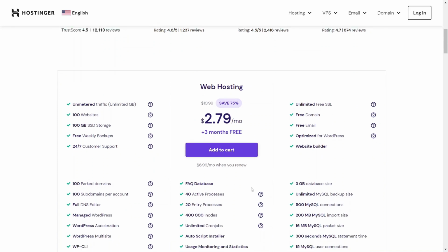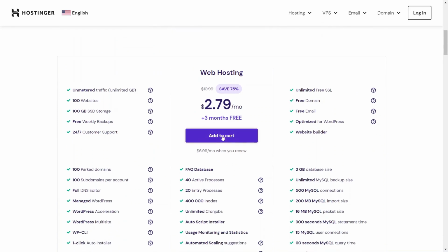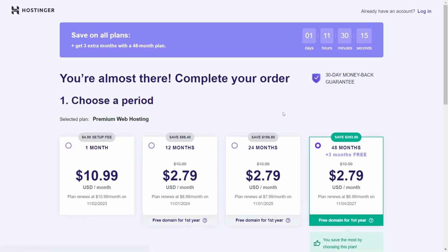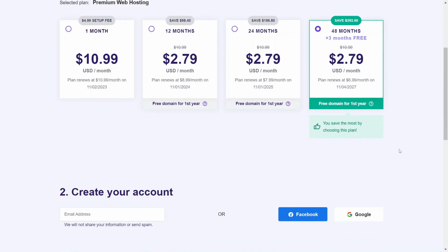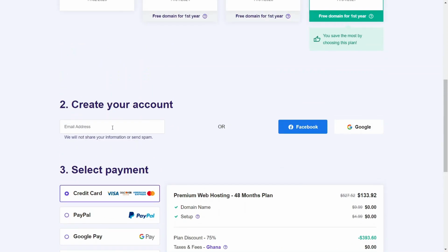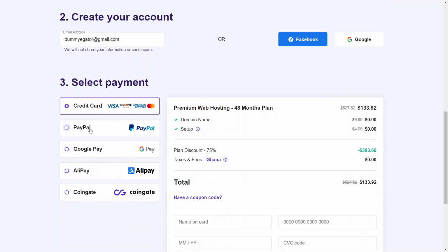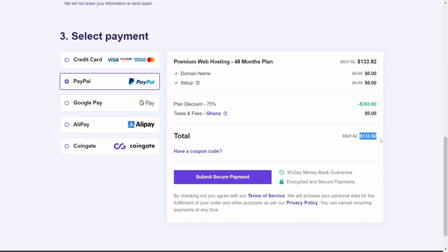Right, so this is a perfect deal for me. I'm going to go ahead and click add to cart. And as I said, make sure you use the link in the description to get the best deal on Hostinger. All right, so this is very affordable. I'm going to go ahead and use the 48 months, and that's going to give me the best deal. And right here, I'm going to enter my email. Right, so that's my email. I'm going to use PayPal. As you can see, my total is